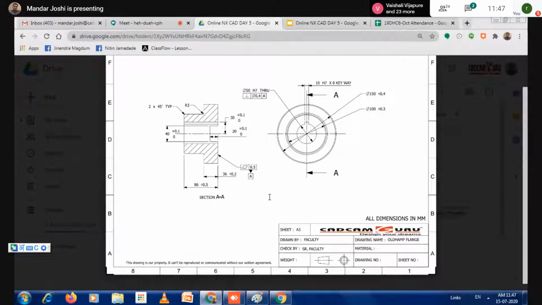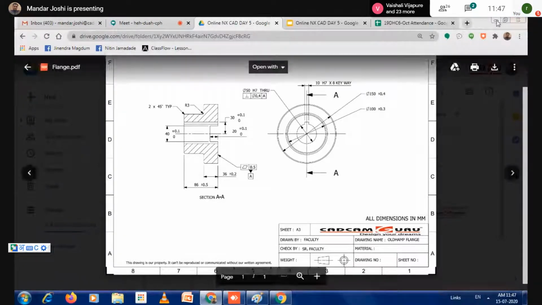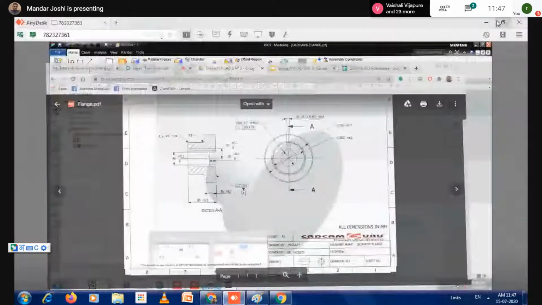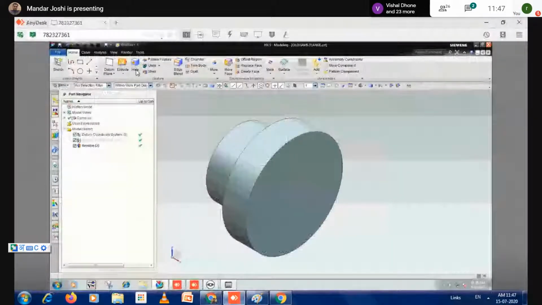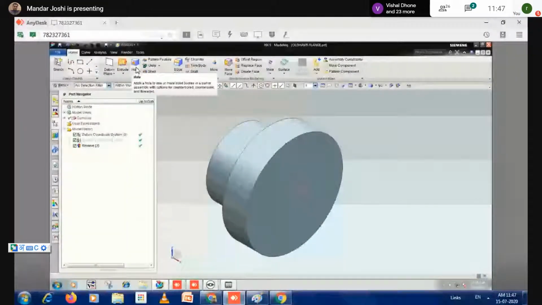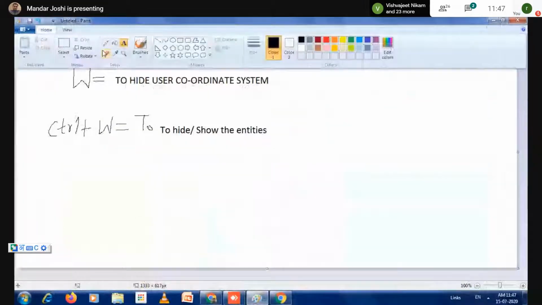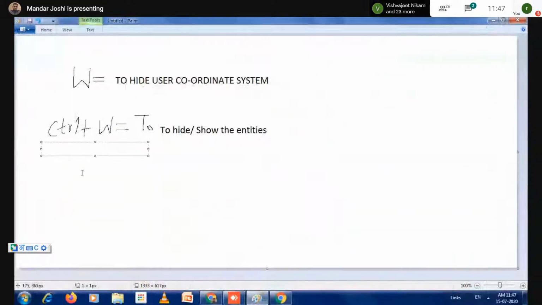Now next I'm going to use the hole command. So select this hole feature from this list. The next feature is hole. Here the first step I'm going to talk about is the simple hole.